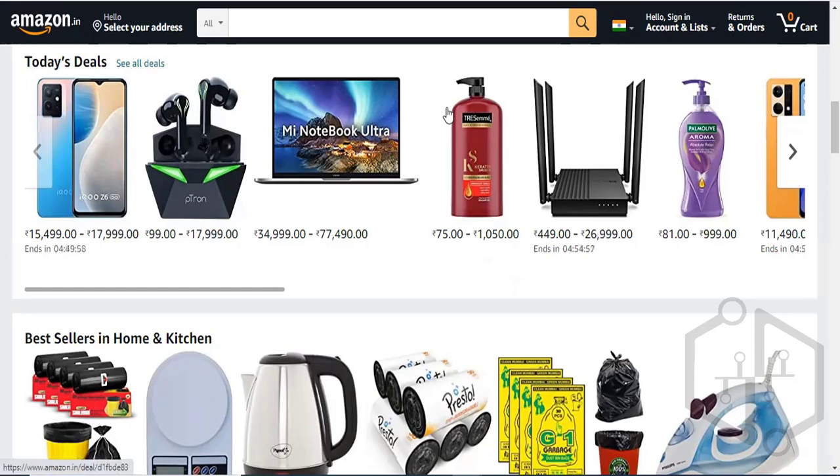The whole content of the website, like this Amazon website, which contains a lot of content, like these images and this pricing, will be managed by a content management system, where the images, videos, PDFs, or text can be changed on the fly.